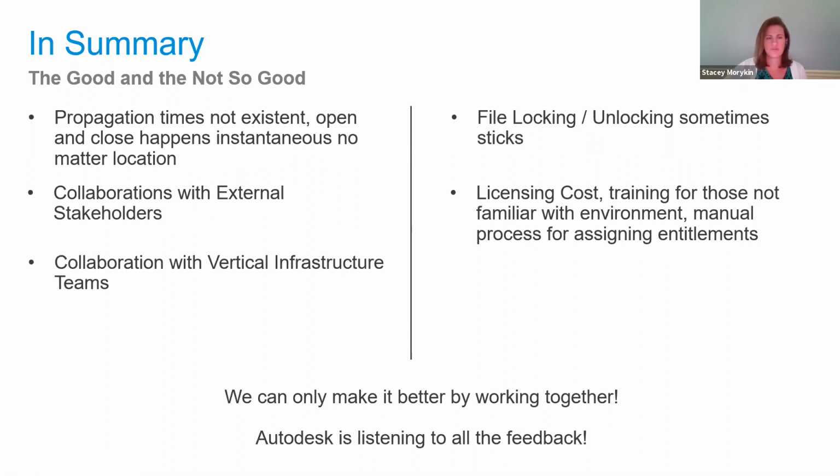Also, collaboration with the vertical infrastructure teams, like I mentioned, there are some tools inside of BIM 360 now, specifically surfaces. One of the major benefits that we encountered on a project that was both Revit and Civil 3D is we were able to give our surfaces or our terrain to the Revit teams, and they were able to see exactly where the grading lies, where's the finished grade, and help them determine where their foundations need to be designed and what information they have to watch out for. So that has been really good.